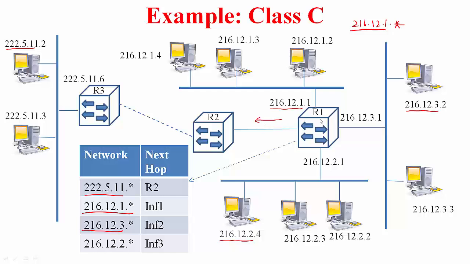So it is going to send that packet to router 2, which in turn will forward it all the way to router 3. By the way, there is a lot of stuff in between, let's say the internet, and it will go all the way to router 3, which will again have some similar table, which will say for this, send it out on this interface. So the packet gets here. Among these 4 networks put together, you can have thousands of hosts, but the number of entries you have in the routing table is just 4. So this is the power of getting your addressing right.